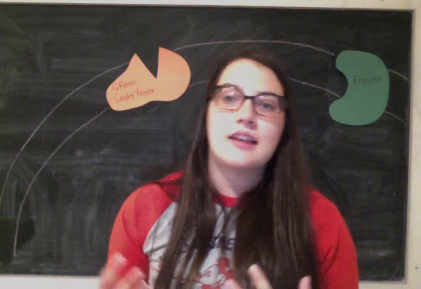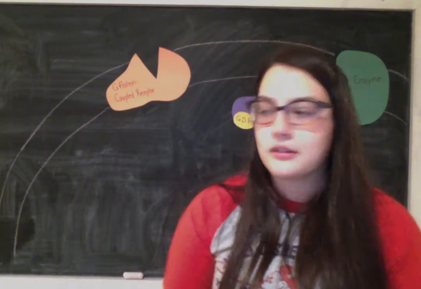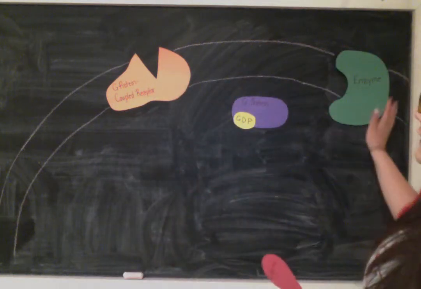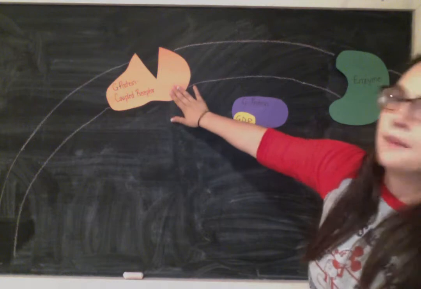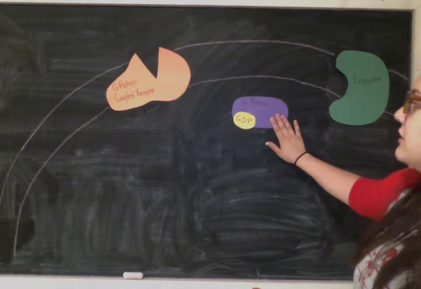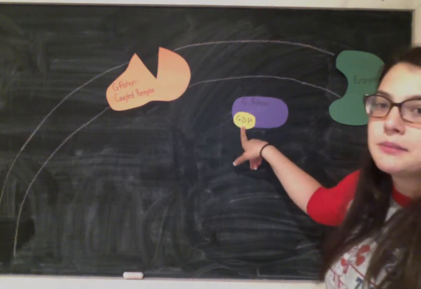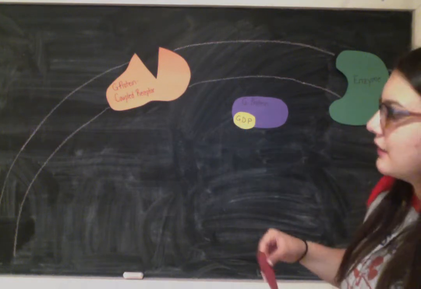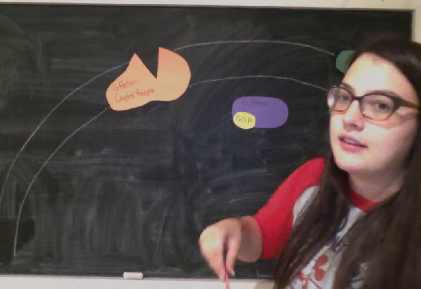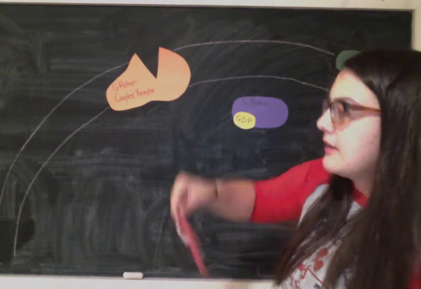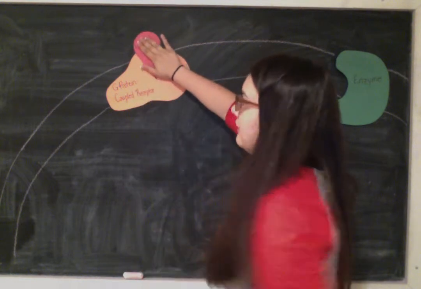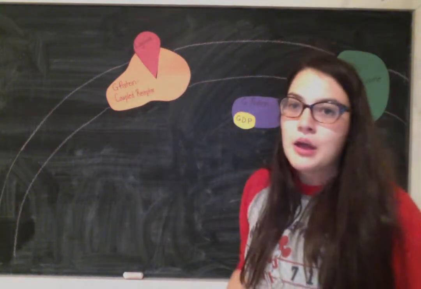So this is essentially how G protein coupled receptors work. So pretty much it starts off like this. You have your G protein coupled receptor, you have your G protein with GDP attached to it, and you have your enzyme. So first, the signaling molecule, which we call a ligand, connects to the G protein coupled receptor, which then